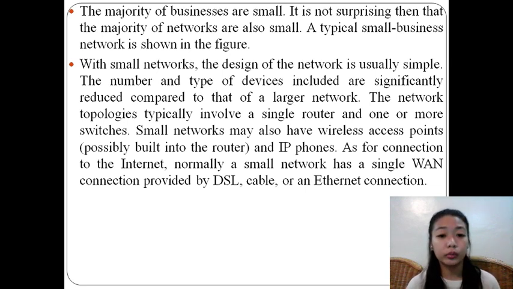Then with small networks, the design of the network is usually simple. The number and the type of devices included are significantly reduced compared to that of a larger network. The network topologies typically involve a single router and one or more switches. Then small networks may also have wireless access points, possibly built into the router, and IP phones. As for connection to the internet, normally a small network has a single connection provided by DSL, cable, or